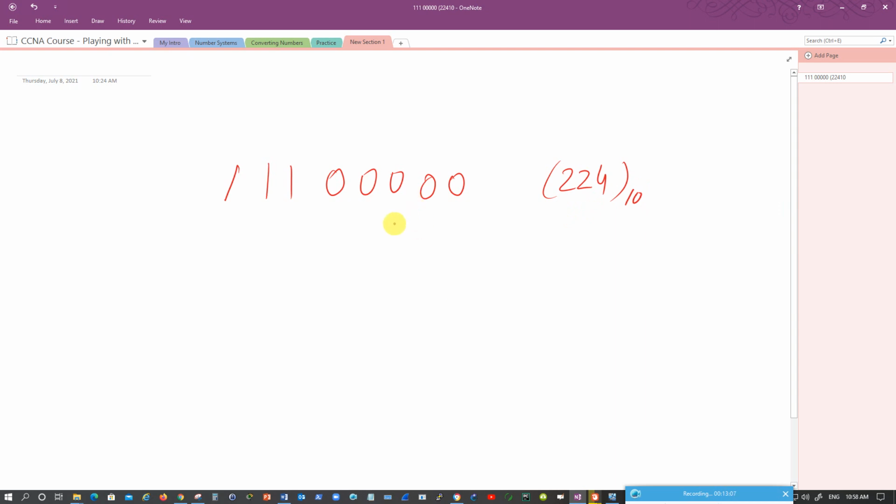Now if I were to convert this to octal, octal dictates that it has maximum how many digits? 8 digits, starting from 0 to 7, where 7 is the highest number. And if I were to write down 7 in binary, I'll say 1 1 1. Even if I write 10 or 15 ones here, I will only require 3 ones to represent this 7. 1, 2, 4 will become 7. 4 plus 2, 6, plus 1, 7.